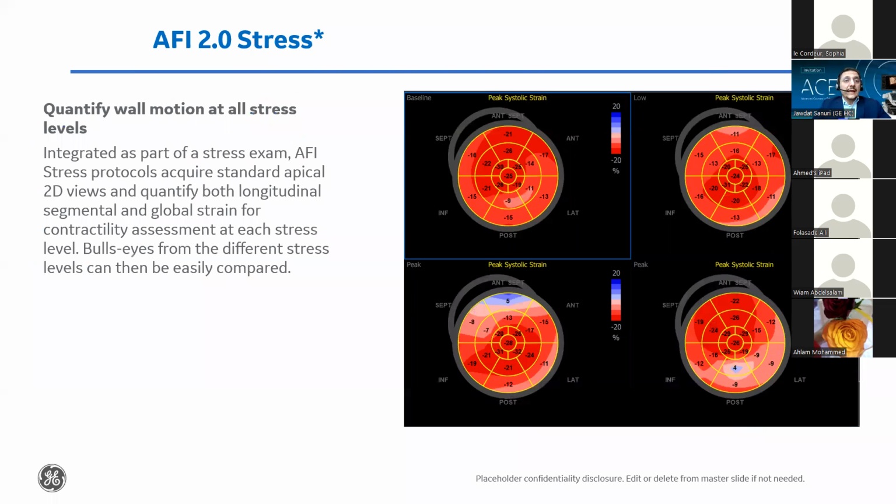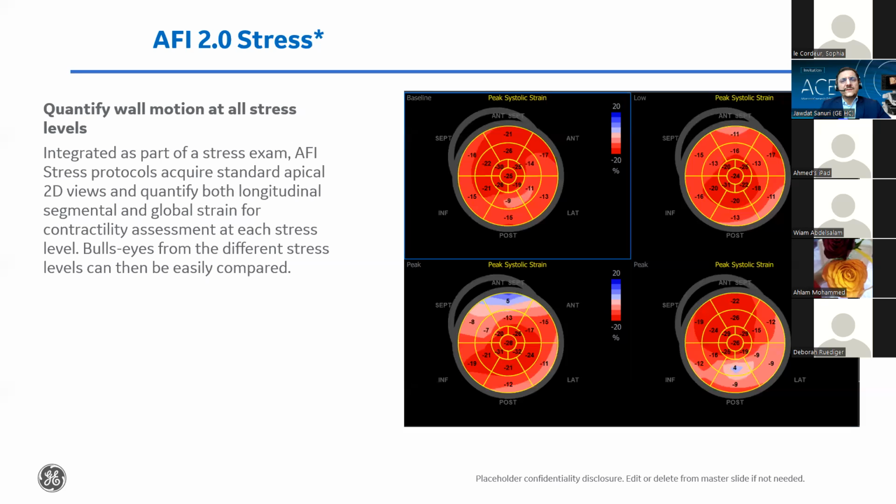In addition, you can actually perform the stress echo without ever having to move the probe. You can just put the probe in the apex, and instantly you acquire 4-chamber, 2-chamber, 3-chamber, all 18 segments, and you can do this for each stage, of course: baseline, low dose, peak, recovery. In addition, you can also do wall scoring for each stage, so you really never have to